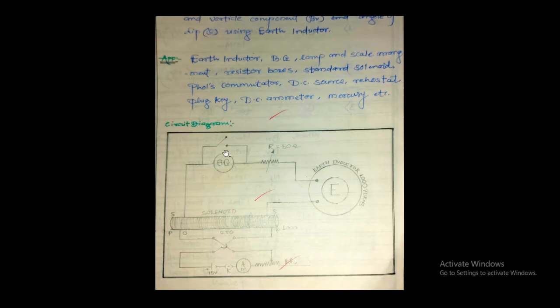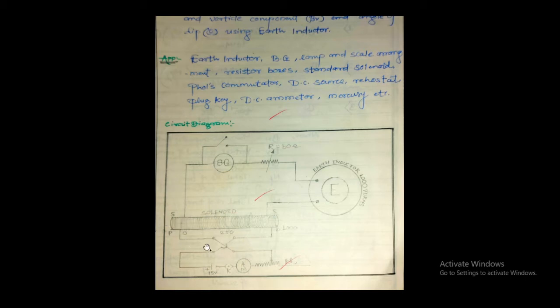It is a ballistic galvanometer as usual having a tap key. Our resistance box is connected to this earth inductor coil, which has two terminals, 1 and 2. BZ is connected to the first terminal of the earth inductor coil through this resistor R. The second terminal of the earth inductor coil is connected to the secondary of this solenoid. Next, the first wire of the BZ is connected again to this secondary.